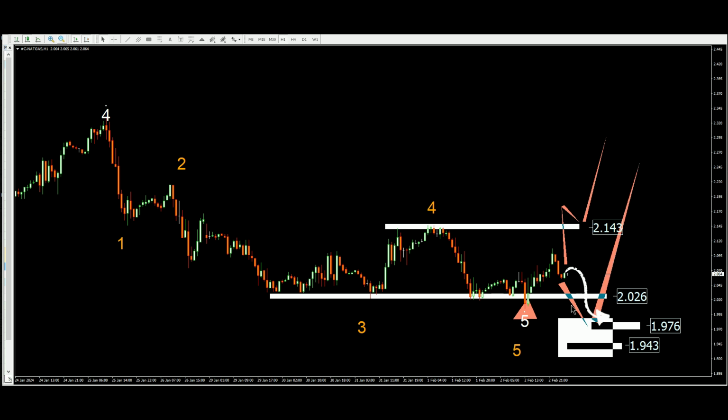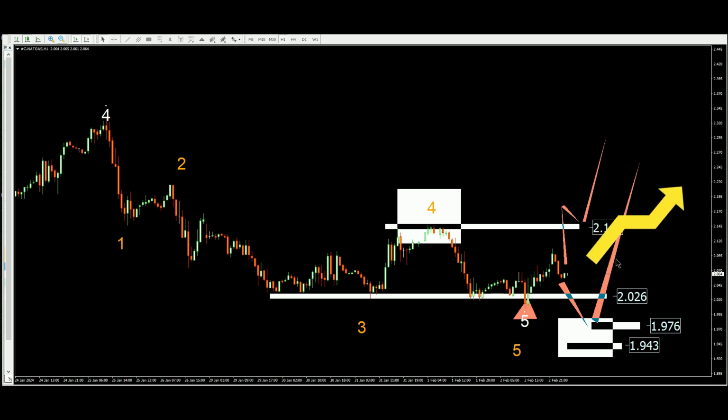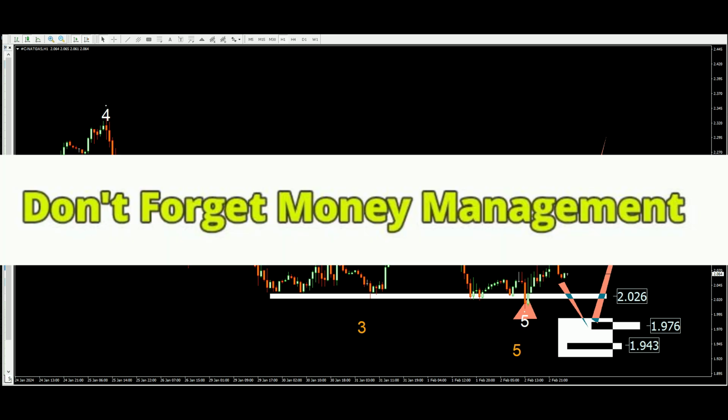So if you want a good buy position, wait for another low here, and then here is this place for buy stop, and then bullish market. Don't forget money management, it's very important,